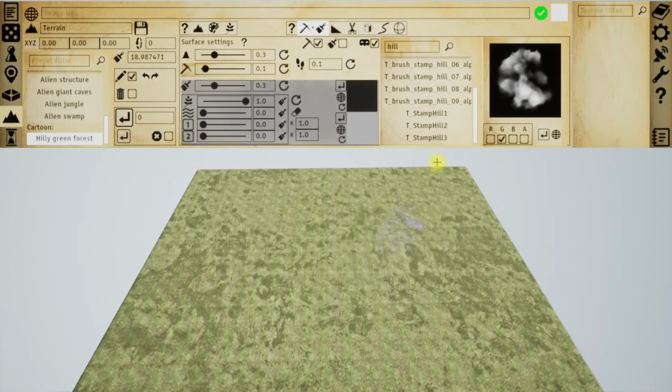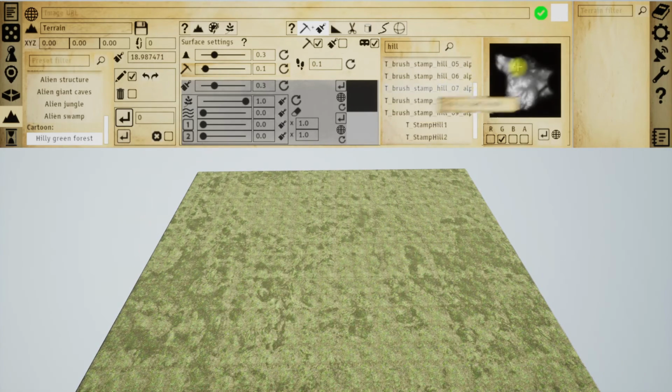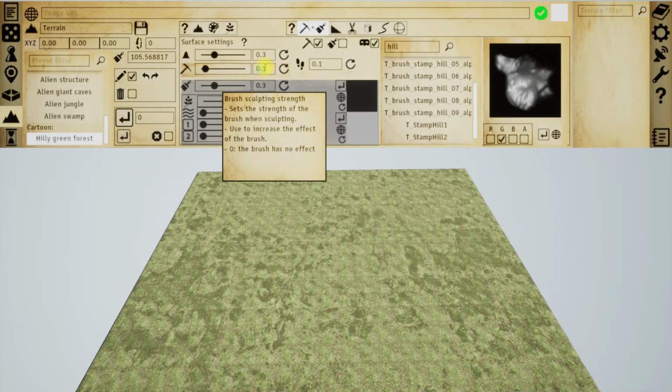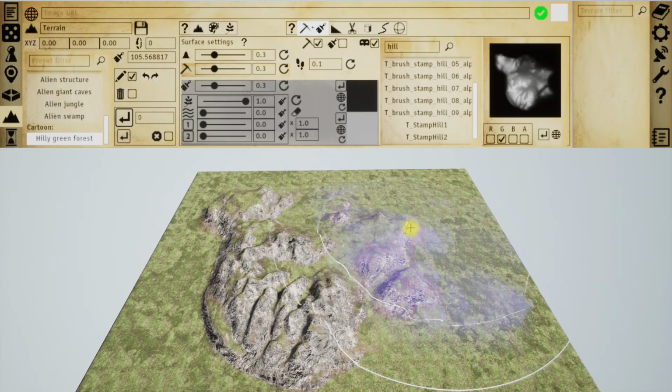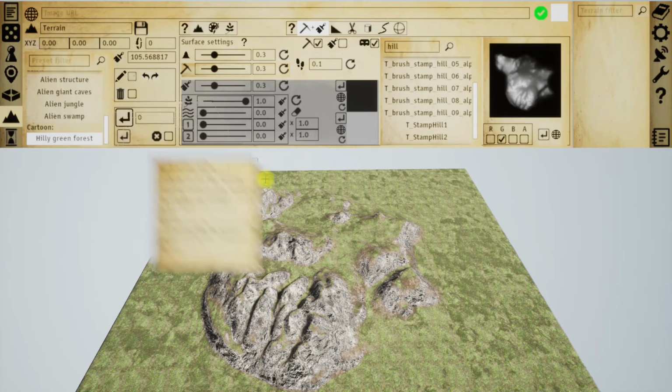This one. Or maybe no, this one is a nice one if I remember correctly. Yeah. So we can just take any black and white picture and print it on the terrain. I'm going to increase the effect. If I remember correctly, it's needed. Yeah, so you can see we can get very quickly some